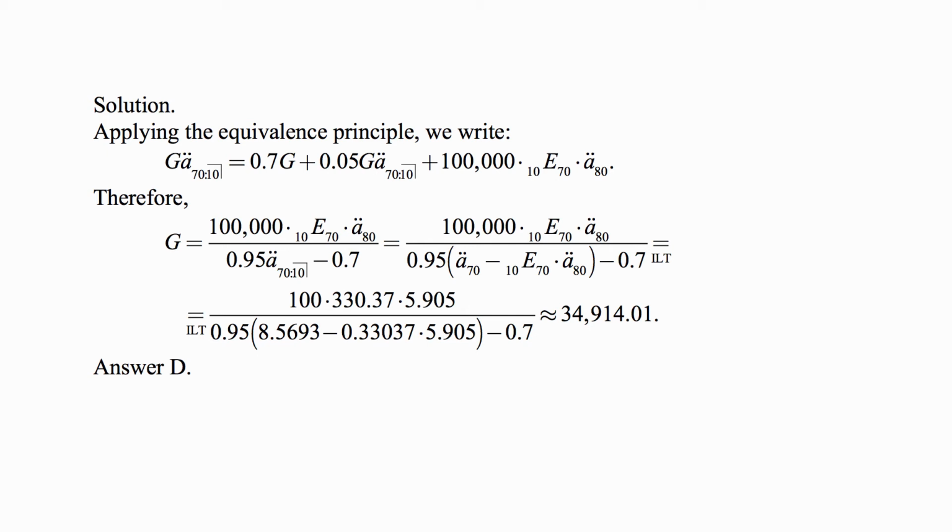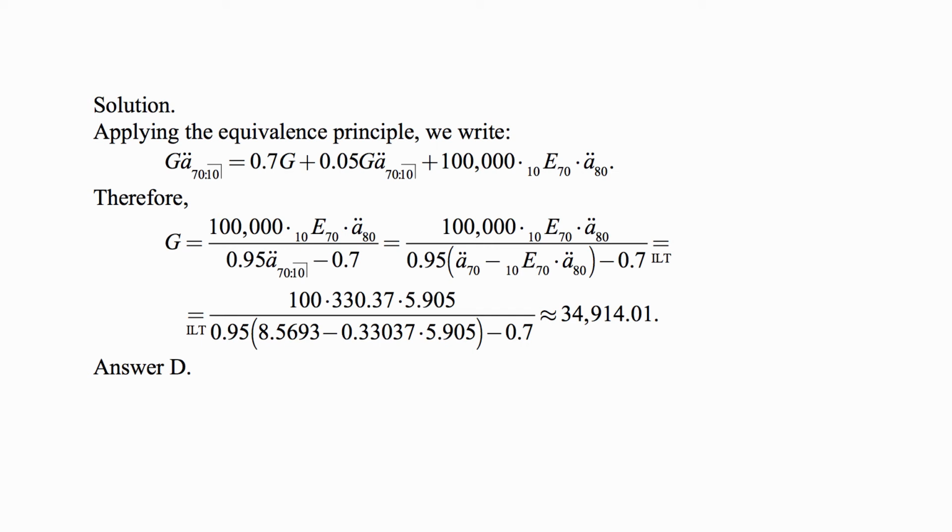So if we move all the terms involving G to the left-hand side, we will end up with 1 minus 0.05 or 0.95 G A double dot 70 colon angle 10 minus 0.7 G. So everything that is multiplied by G, you can then divide both sides by that, and you end up with G equal to 100,000 times 10E70 times A double dot 80 divided by 0.95 times A double dot 70 colon angle 10 minus 0.7, and everything but this